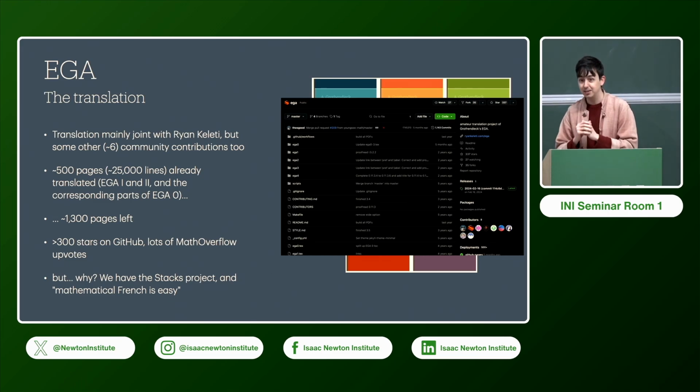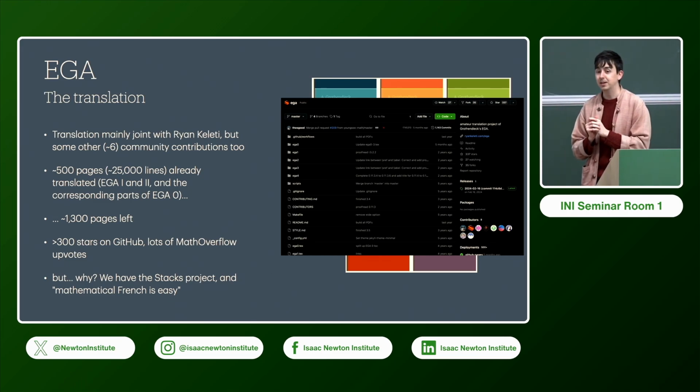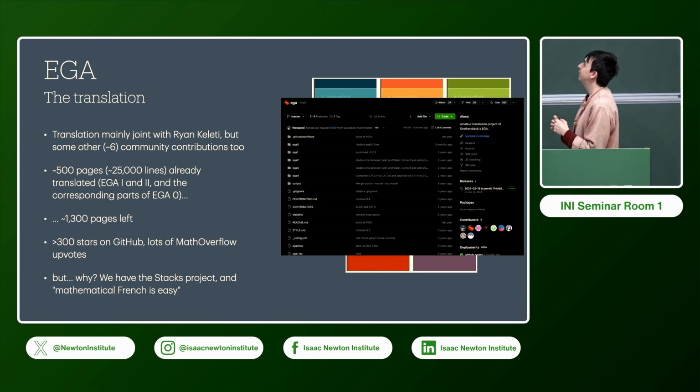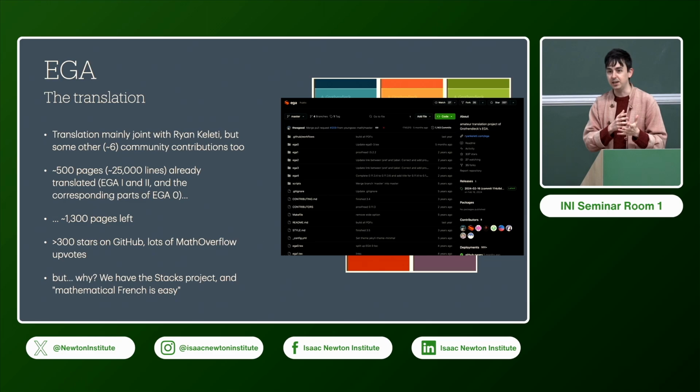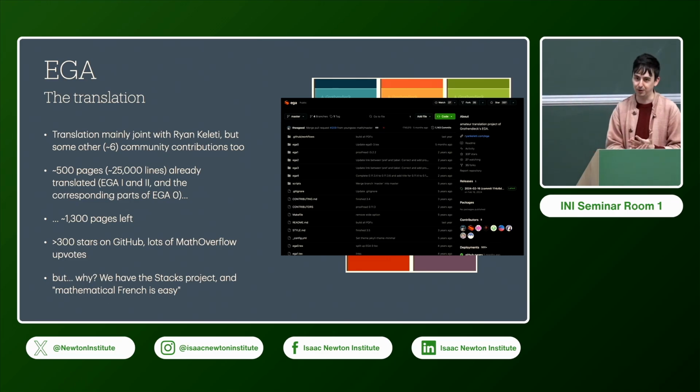Yes? Could you say a couple of words about the Stacks project? Oh, sorry, yes. The Stacks project can be seen as a modern version of EGA. It's a fully online, free textbook website, which has a very large overlap with the contents of EGA, and over the last, I would say, 10 years, when theorems have been proved in both Stacks and EGA, people have started to cite the Stacks project more, because it's modern and in English. It doesn't frame itself as a modern replacement, but practically it's replacing some aspects of EGA.